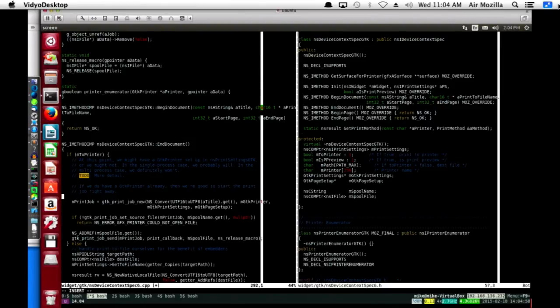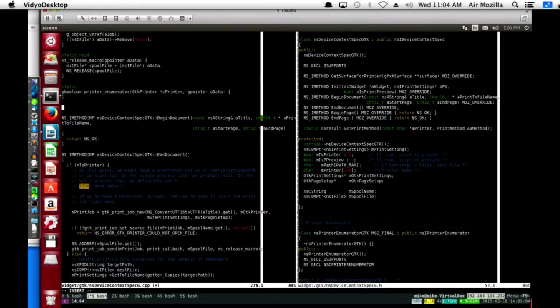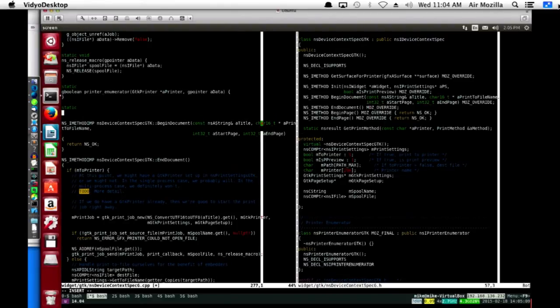Okay, well, let's think about it. Suppose we have this static function. I say void because I don't know if there's anything useful it can pass back. I'll say void for now, but do job.